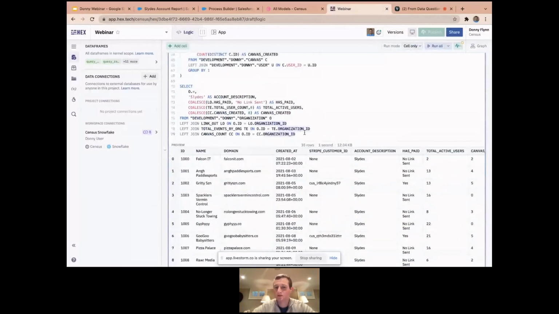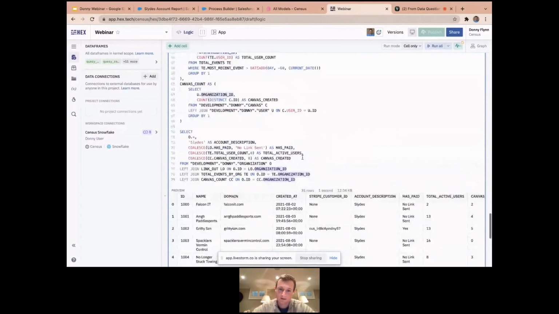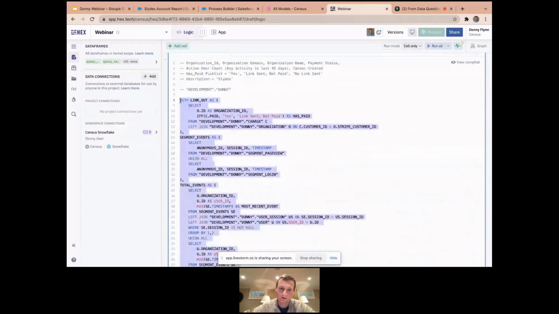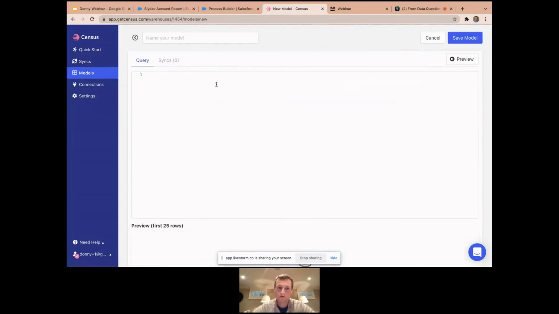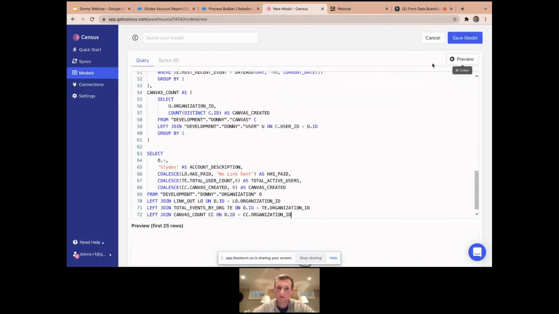And now what I can do is just go ahead and copy and paste this into Census. And then we can go ahead and configure this. So here in Census, we can add models here. So I can go ahead and preview this model. But in the interest of time, and because we have about like 4 minutes left, I want to go ahead